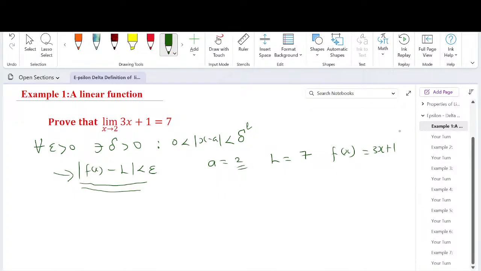But some lecturers will want you to check the value of the delta, whether the closeness here will be less than epsilon. So that is the second part. Okay, but let's take it step by step. So the first step is to start from here. Okay, so starting